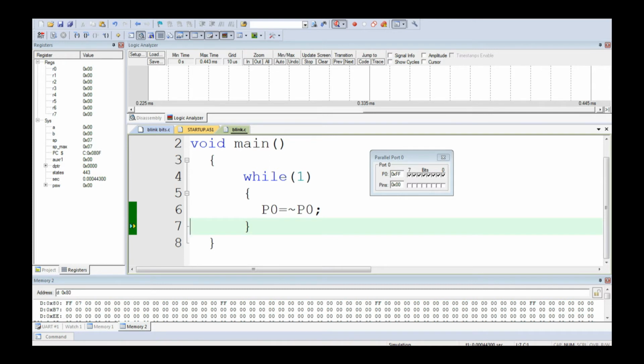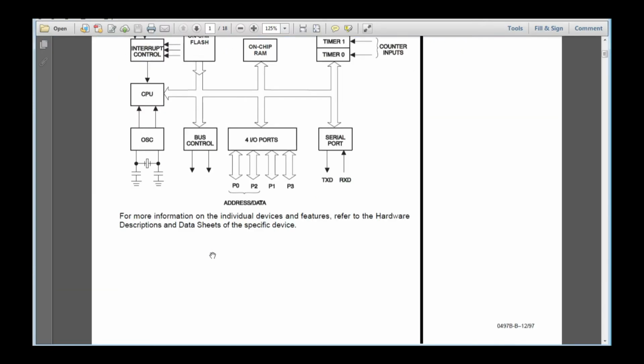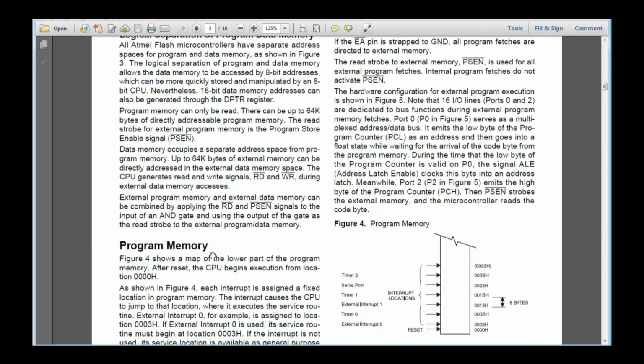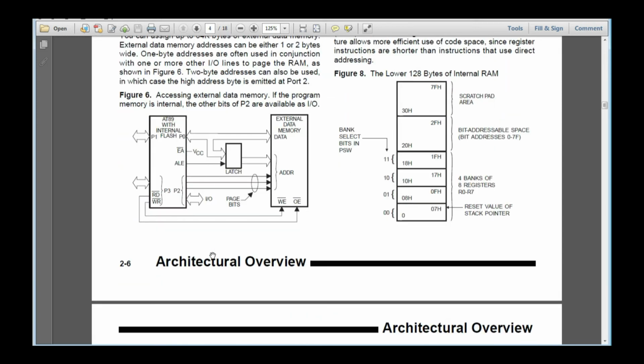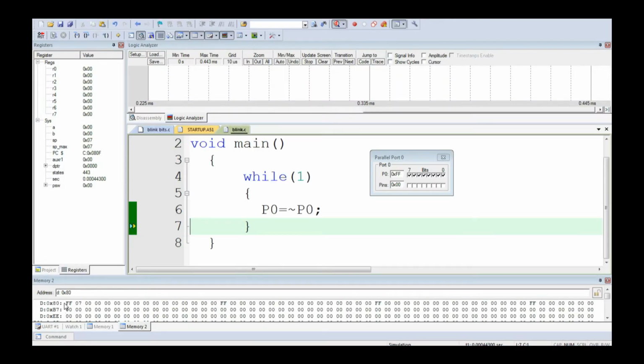As discussed just now, port 0 is the data memory location 80. Once again, I am just showing it. Port 0 and data memory location 80 both remain the same. Now I will justify that. It's very interesting. If you look at the cursor, the bottom row is the 80th data memory location, which is showing FF. So here port 0 is also showing FF. Now if we execute this code, port 0 has become 00, and you can see the 80th memory location of the data memory is also becoming 00.